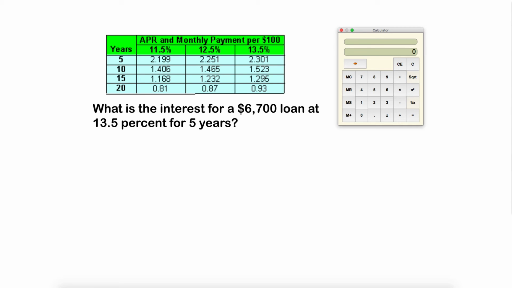Okay, here's a final example of how to find just the interest. What is the interest for a $6,700 loan at 13.5% for 5 years? Well, 5 years at 13.5%. We see where those come together right there. So we take 6,700, and first we're going to divide it by 100 because this is per $100. So that gives us 67, and we're going to multiply by that number right there,